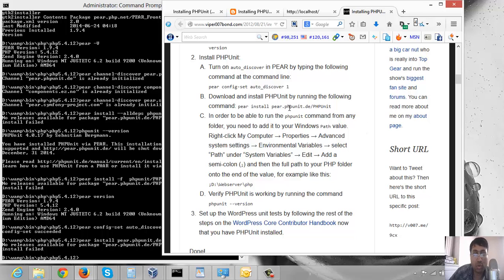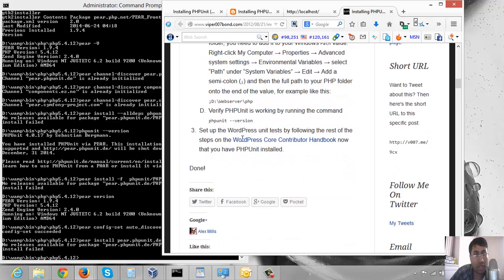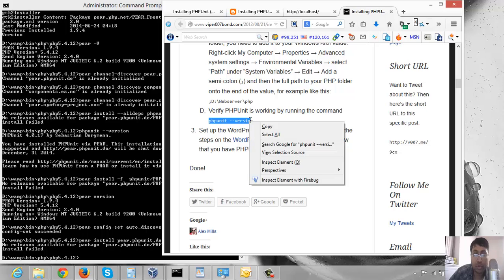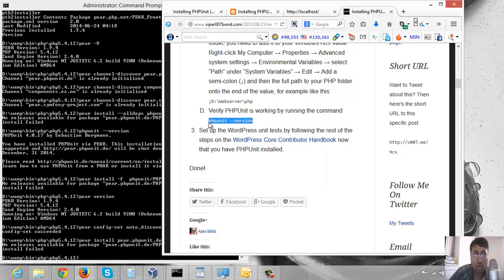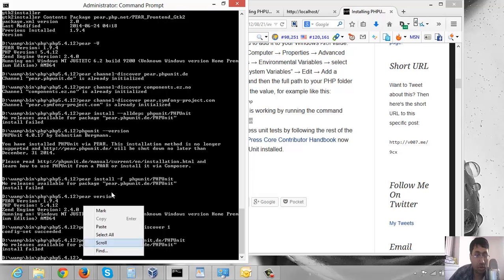And it is telling that if you want PHP to be able to run from anywhere in the command line, you need to set this path to the environment variable. That is for sure. You have to do it, and you know that PHPUnit